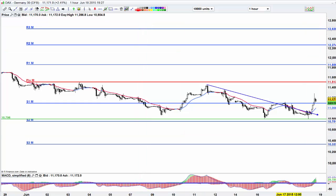We previously had a breakout earlier in the week. We've broken out to this monthly S1, pulled right the way back, retested it at 10,800, nice round number, which I like. There's the gap, and we basically closed the gap and more, went up to a resistance level up here. Okay, so how can you trade that